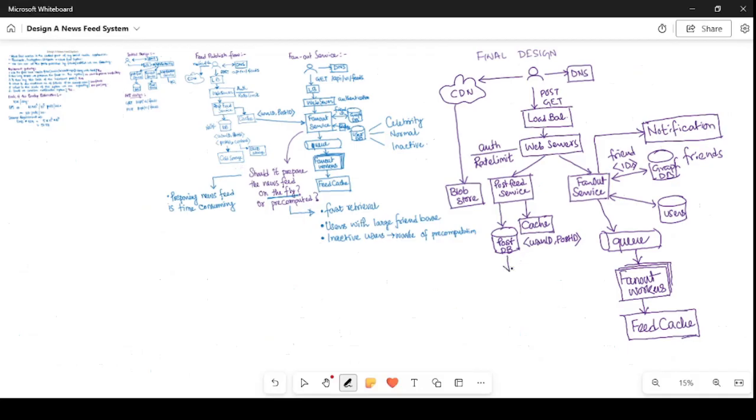having the older posts in the cold storage because during our back of the envelope estimation, we realized we have to store a large amount of data into our system because we want to store all the posts indefinitely. So for example, after 7 days, all the older posts will go to the cold storage and we will keep them there in a compressed format in order to reduce the overall storage requirement of our system.